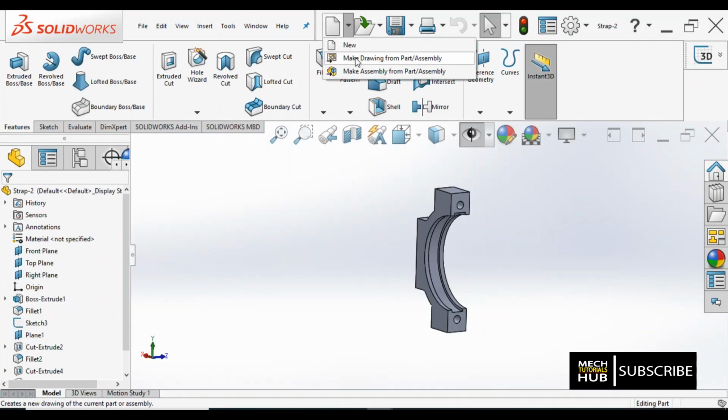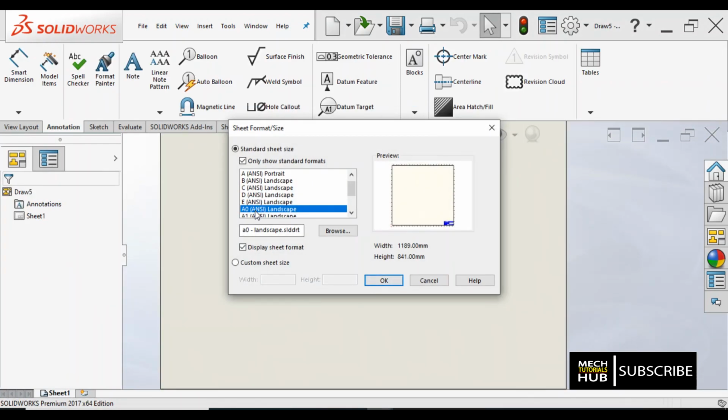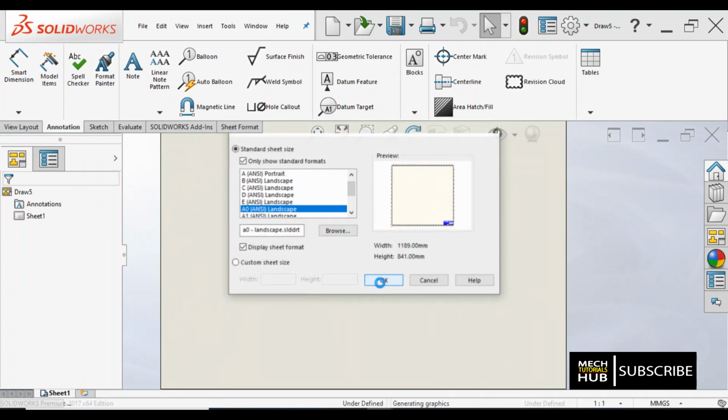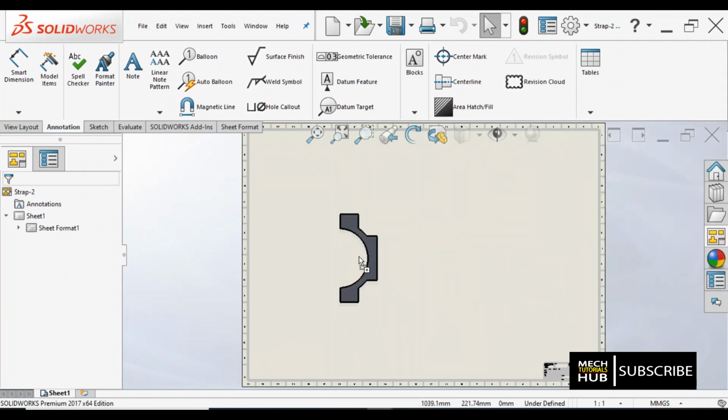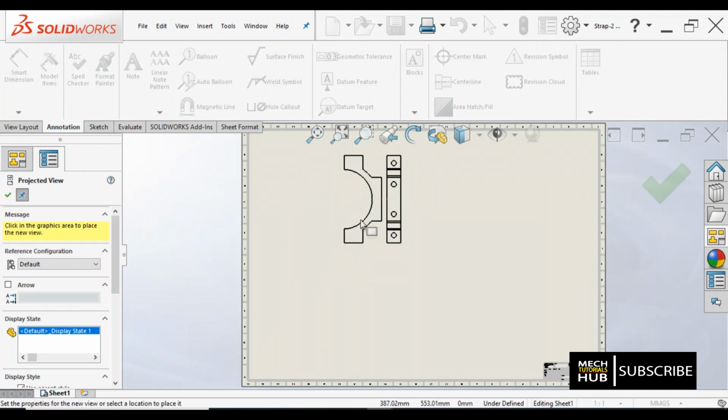I'll just close and repeat the option window, Make Drawing, and select any one. Once I click here, I can see different drawings, different orientations. The best option is to hold any one of those and drag it onto your drawing sheet. Whichever you hold becomes the parent component. So I'll take this front, hold it, drag it, and drop it here. This becomes the parent now.